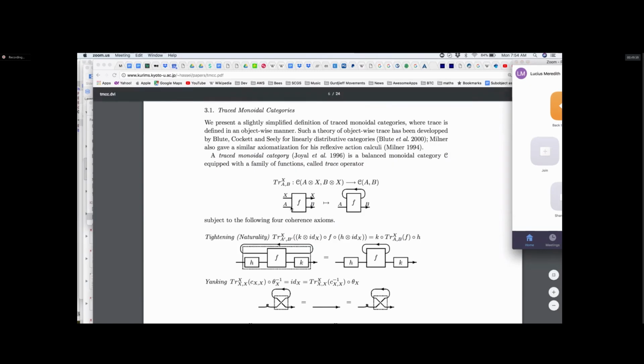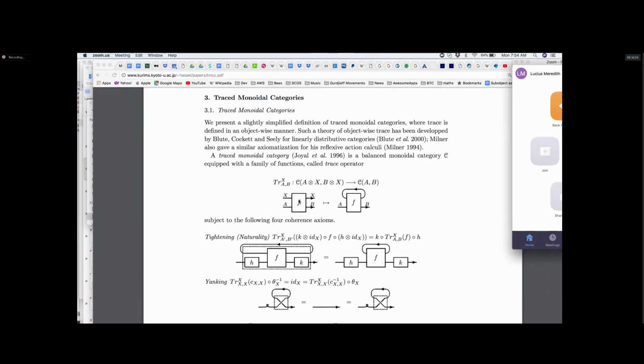Okay, so I've got some transformation from A to X, and then I can loop on the X and check the recursive case. Am I done? If I am, I can emit a B. If I'm not done, I can loop again. So that's what's going on here in the trace.